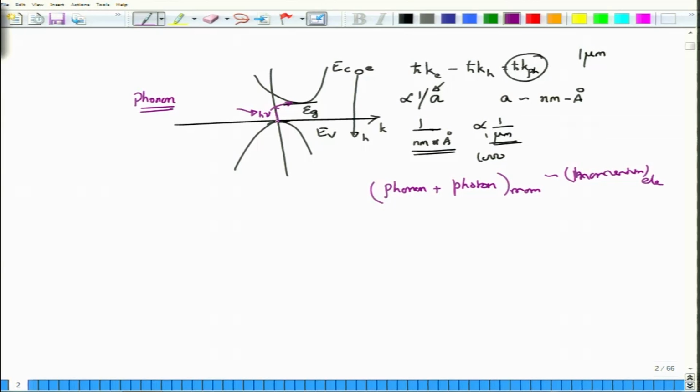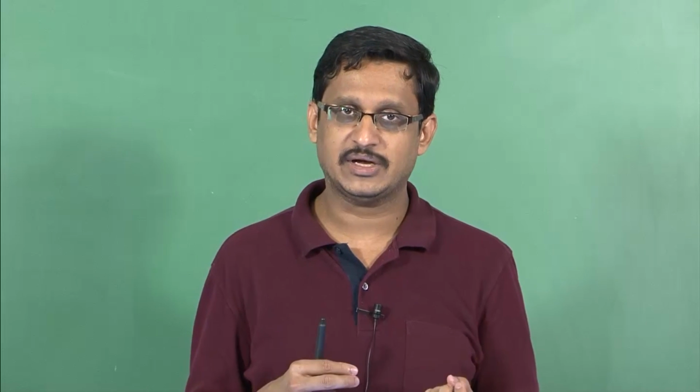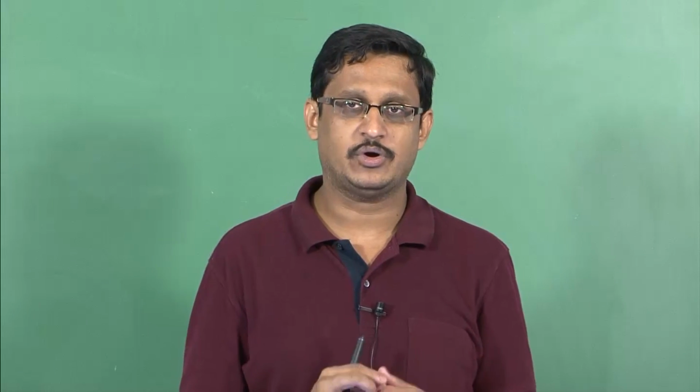So this is how, by having the material itself assist in the transition, it is possible to absorb energy and launch an electron into the conduction band. Of course, the same process follows in the recombination process as well. So you need to have a phonon given out while you obtain a photon that comes out. In most cases in these indirect band gap materials, this transition is not preferred simply because the transition requires a phonon assist, and therefore this is a second order transition, whereas in the direct band gap it is a direct first order transition. And quantum mechanics tells you that second order transition events are much rarer compared to first order effects.